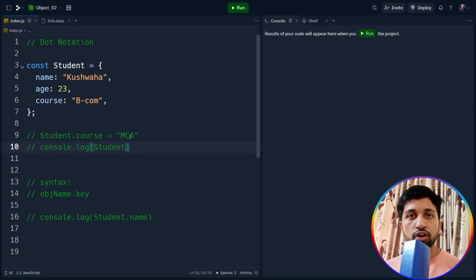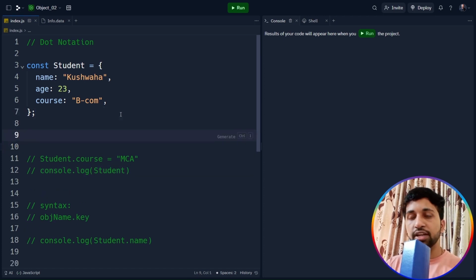Now it's time to go for the third task, that is how we are able to add a new key value pair in the object with the help of dot notation. So let's see. I'm simply writing here the name of our object student, then dot operator. We have to write here the key of the new property that I want to add. For example, I want to add a new property, that is the language of a particular student. So I'm writing here student, that is the name of our object, then dot operator, then the key that I want to add. Okay, so I'm writing here language